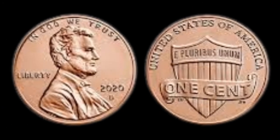Next, 2020 D 1 cent USA coin. We uncover unbelievable stories from the world of numismatics, tales that turn pocket change into multi-million-dollar treasures, and today we're diving into an absolutely staggering revelation that's taken the collecting community by storm, a story that revolves around a single 2020 Lincoln 1 cent coin that has shocked experts and captivated collectors with a jaw-dropping valuation of $100 million, and while this may sound like fiction, the reality is even more fascinating, because